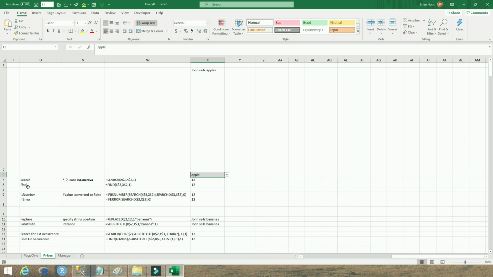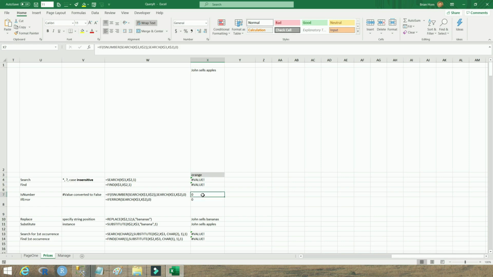Next, let's talk about two common ways of handling when search and find don't find their result and produce errors. So let's say this example here, when you're looking for orange and it's just not in the text. Well, if you don't do anything, you're just going to get these value errors. So one of the two ways to handle that is using the IsNumber, and that function will convert any value error to just false. So here's an example of using it,